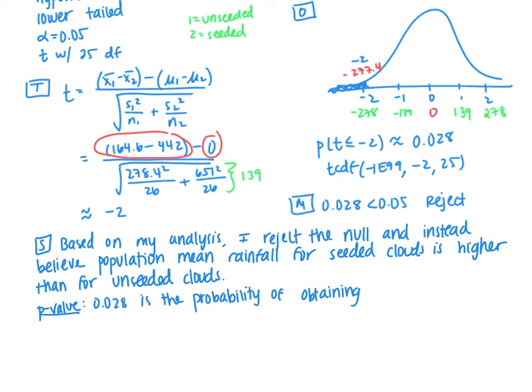So it's the probability of obtaining a difference in sample means, that difference was negative 277.4 or smaller,